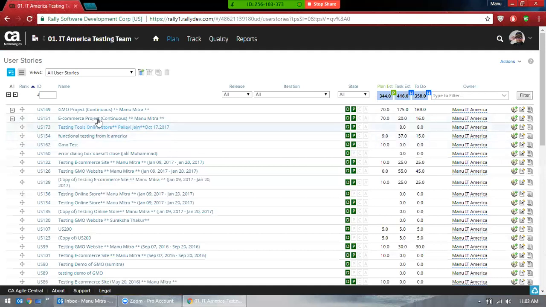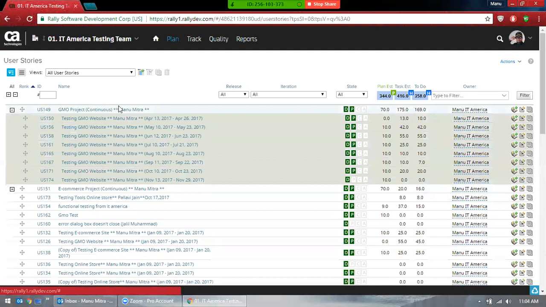But the first point of contact is always the lead. Let's say I figured out what my user stories are. This is a major user story, which has a lot of sub user stories. There can be multiple child items, so these are kind of child projects. Now let's see which one I'm working on.